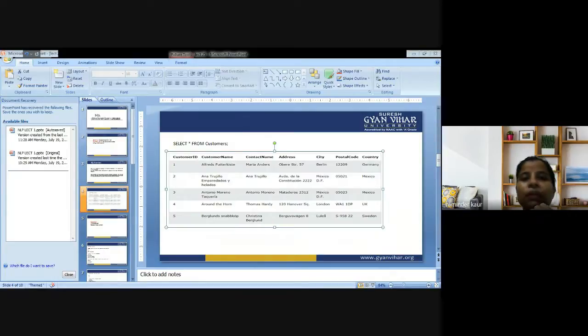So we can create the same query here, that is select star from customer, and it will present the result. So what would be the result? Just have a look. Let's say there are a huge number of records. Now I am giving you the example of 5 records that are being stored, so it will show me the 5 records. If there are 90 or 100 records, it will show me 100 entries in that database against that query.